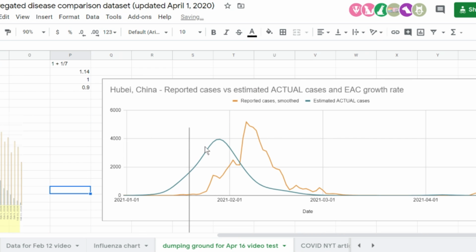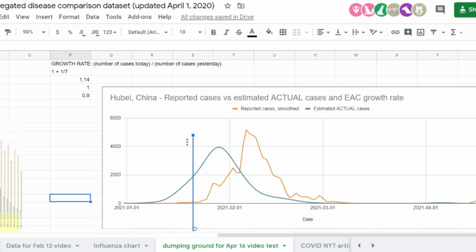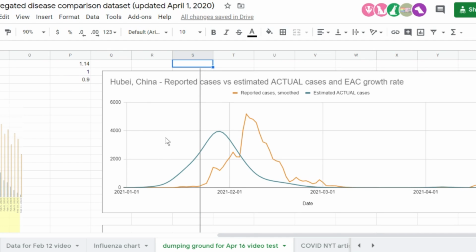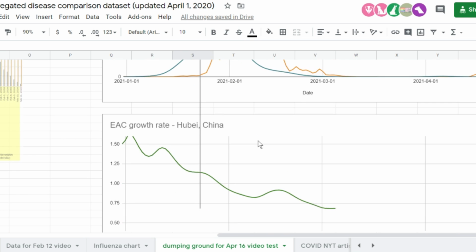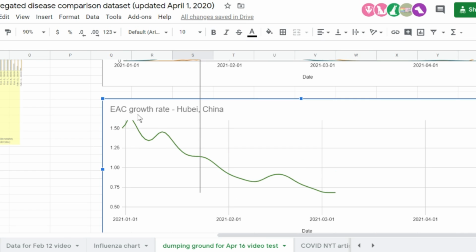So, China went on lockdown on January 23rd, which is right here. So let's put that line right on January 23rd, like so. Everything to the left of this line is pre-lockdown, and everything to the right of the line is post-lockdown. If we look at the growth rate, I mean, we can't say anything for certain, and perhaps these waves up and down would have continued for a long time, and who knows what causes these waves here.